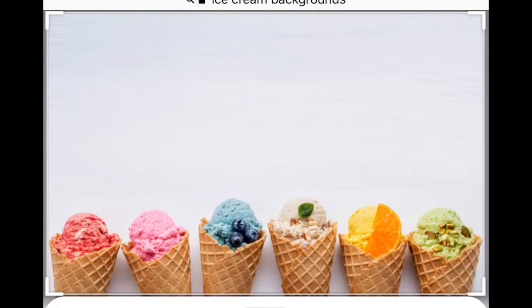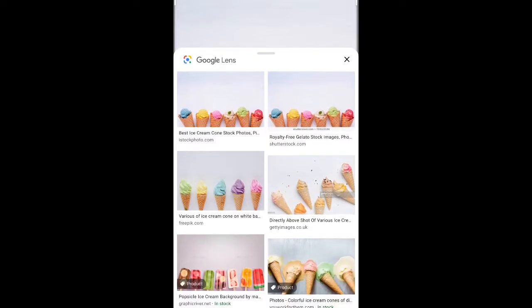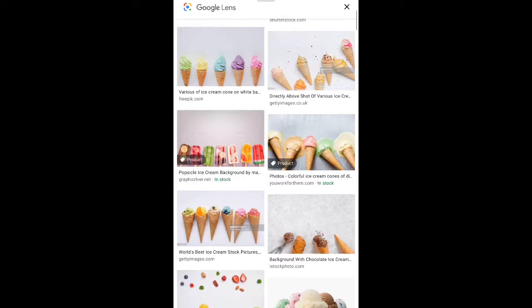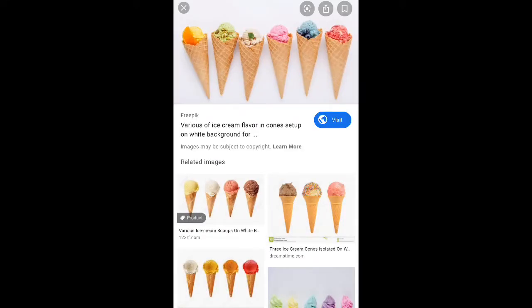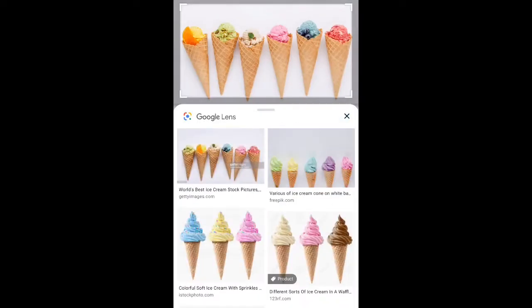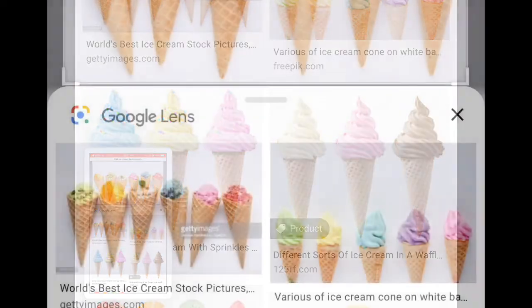So once you find the image that you like, you just crop that. I'm showing you different images. You want to try to get an image that will fill your whole background. So that's why I'm selecting a different ice cream image. You see this one fills the page a little more. There are other choices down below. You can pick whatever one you want. But I screenshotted the image that I want